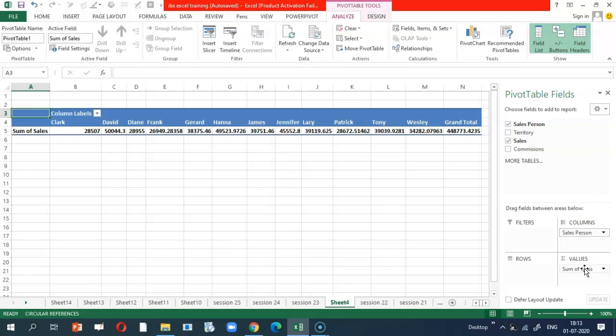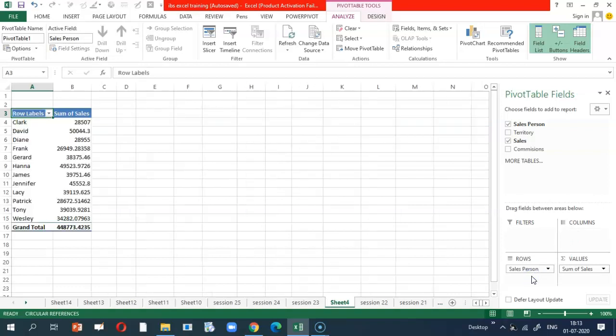If you are not comfortable with this kind of reporting, you can immediately drag the column to the row, and you can see now the report of salesperson with respect to the total sales made has been derived in a different form, that is in the form of row. So previously it was horizontal, now the report is vertical. So this is how a pivot table is used in order to arrive at summarization of data.